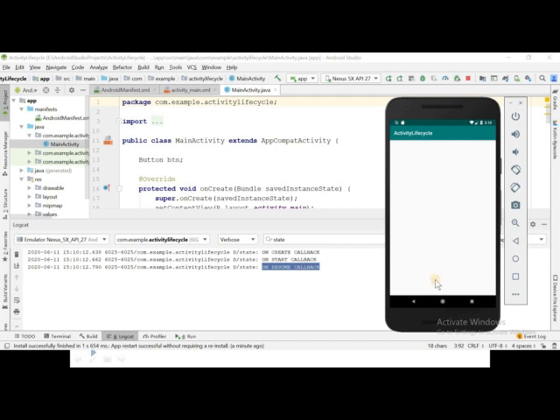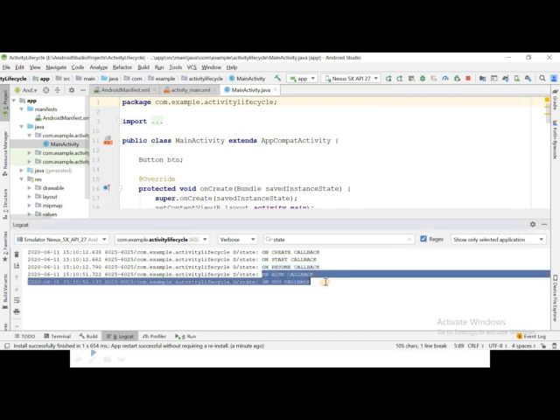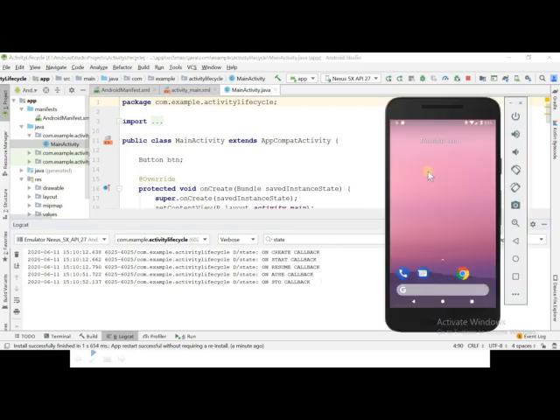Now let's press the home button to bring our activity to the background, and let's see how different methods are called. When I press the home button, look at the logcat screen, and these two statements are now coming. The onPause callback has been called, and the onStop callback has been called. So it means that our activity is now in the stopped state. It has not been destroyed yet, but it is in the stopped state.